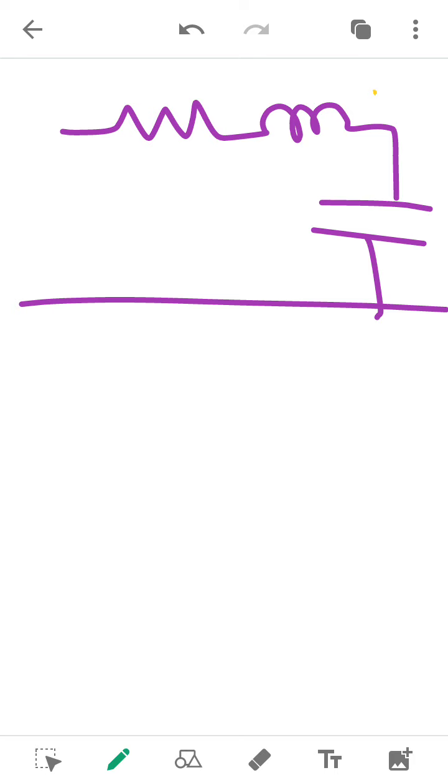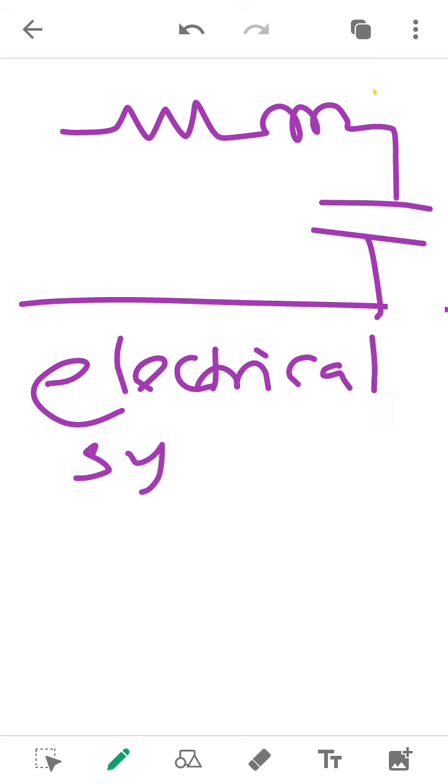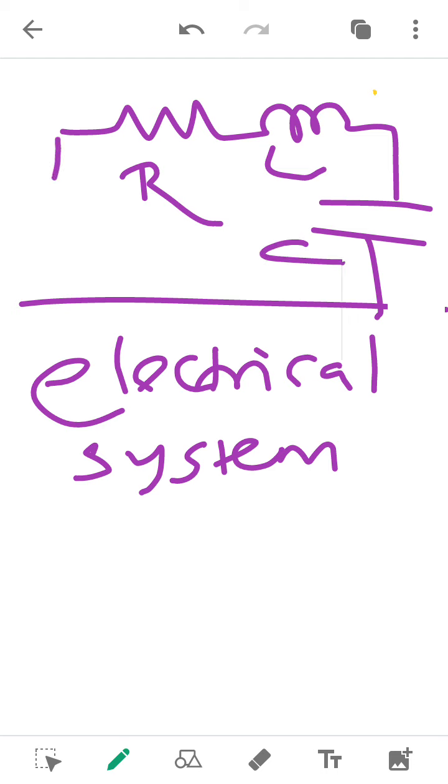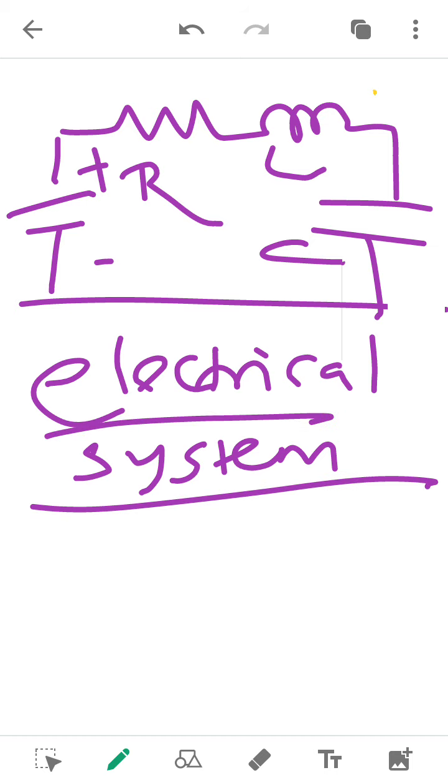There are very many types of systems. So let us start with the simple RLC circuit like this, which we commonly find in all the cases. So this can be termed as an electrical system. And this electrical system is actually a combination of these passive elements, resistance, inductance and capacitance, and there will be an energy source which is an active element. So if you are having such a system, this system will be termed as an electrical system.